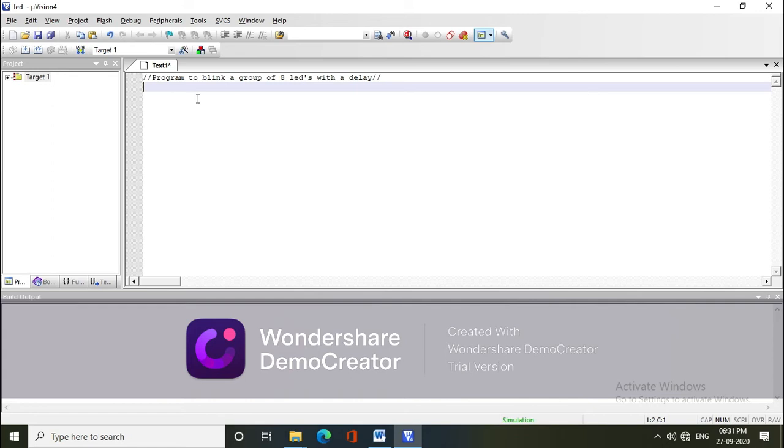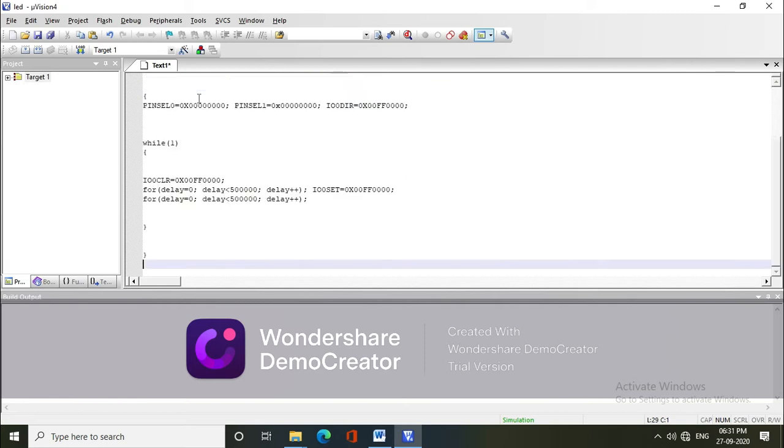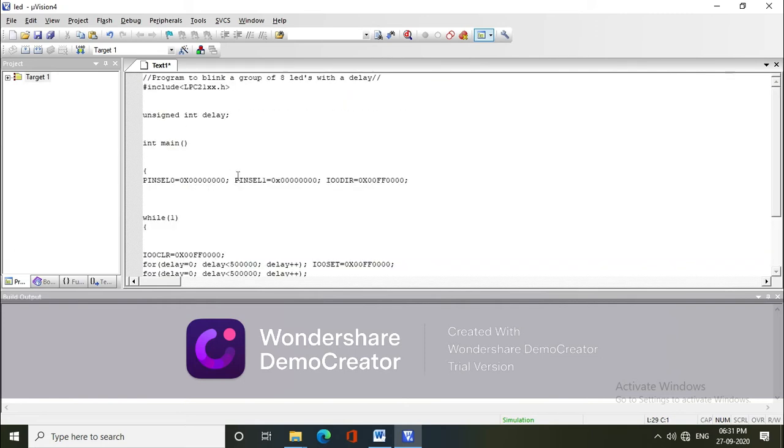What this program will do is you have to connect 8 LEDs to port 0, continuous 8 LEDs to port 0 pins, and you have to turn on the LEDs one by one with some delay in between. So we need to write a program for such logic.